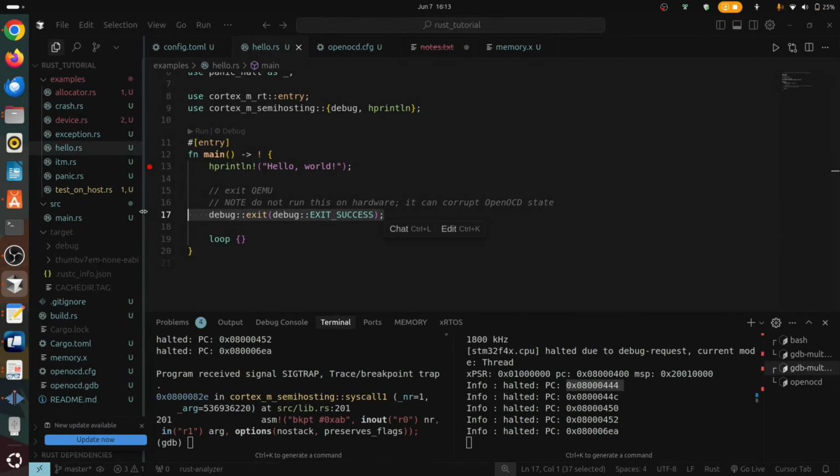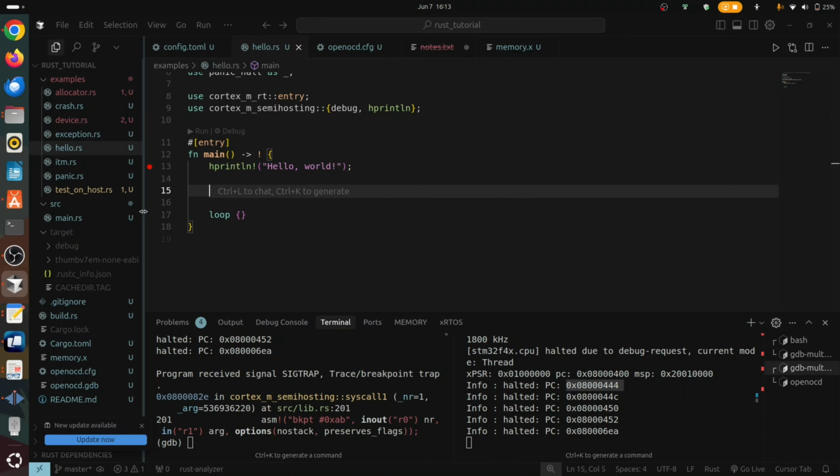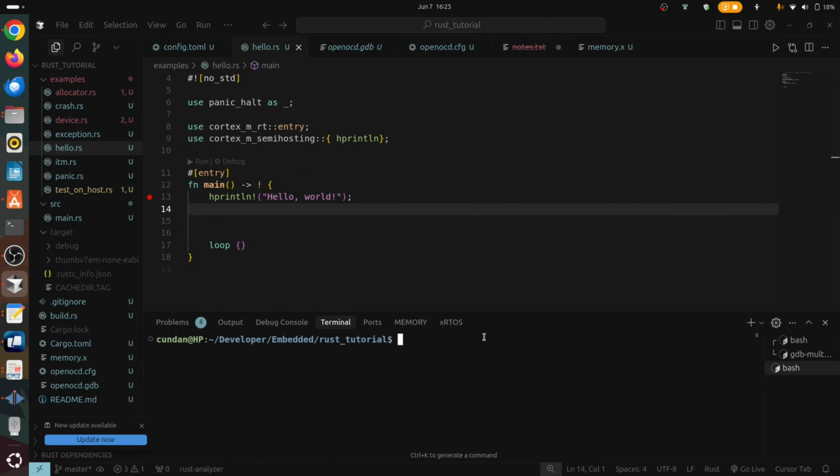Make sure to release this line. I had forgotten about this, and you need to build it again, because of that I got an error. Build the hello program using cargo build, example hello. Once you're done with the changes in hello.rs, you need to build it, and after that we need to open